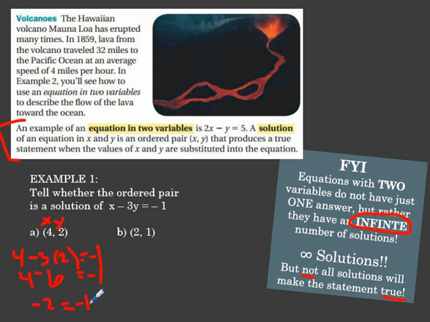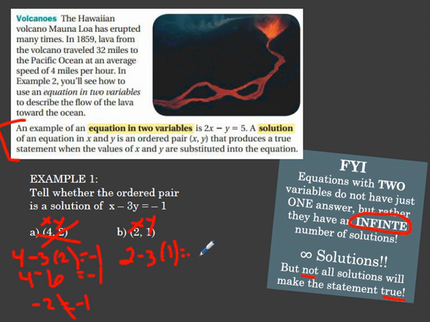Does negative 2 equal negative 1? No, it does not. So this is not a solution because it does not make this statement true, because negative 2 is not the same as negative 1. So again, I have my x and y values, and I'm going to substitute those in. So where I see an x, I'm putting a 2, minus 3 times 1 because that's the value for y